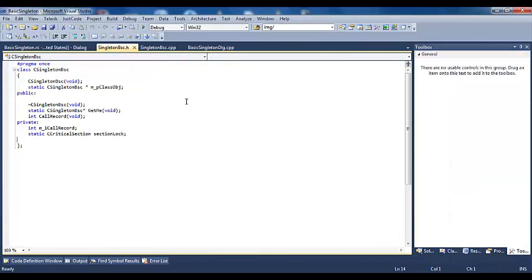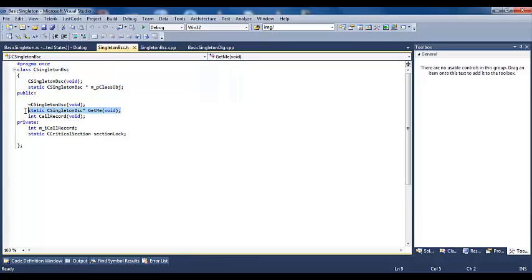Singleton basic, this is our class which is implementing the singleton pattern. This is our constructor, which I have made private because in C++ by default everything is private. Second, this is my object of the class, which is a pointer and static.